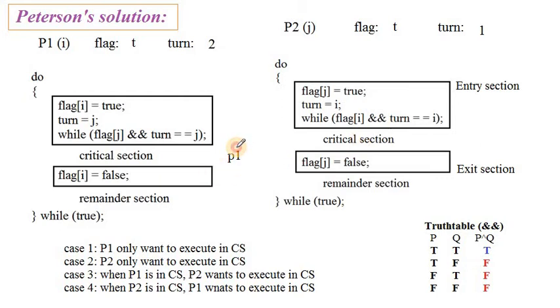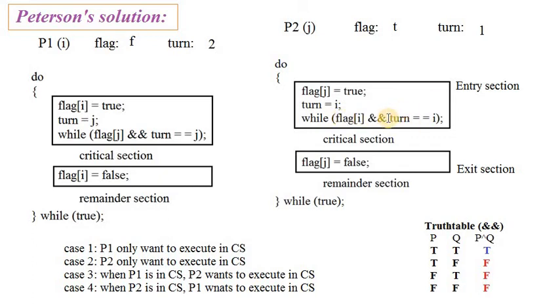Suppose it has completed its execution, then P1 will enter into the exit section. So let me erase this. Right? So P1 is there in the exit section. See, in the exit section, what is there? Flag of I is set as false. Up to now it is true. Now I set the flag bit of the first program as false. Now what will happen? Then check this condition. Actually P2 is there in this while loop now.